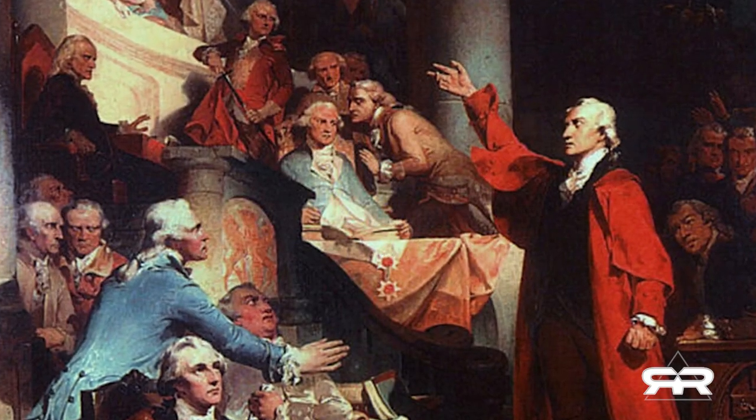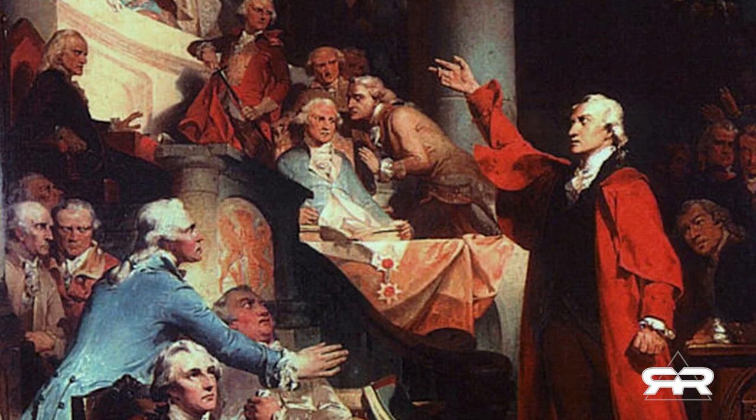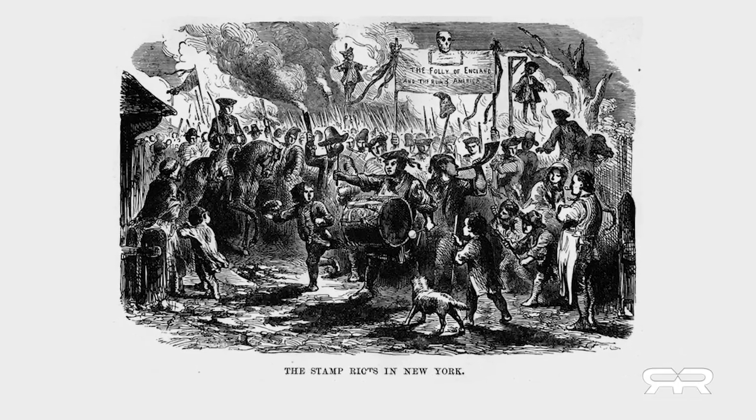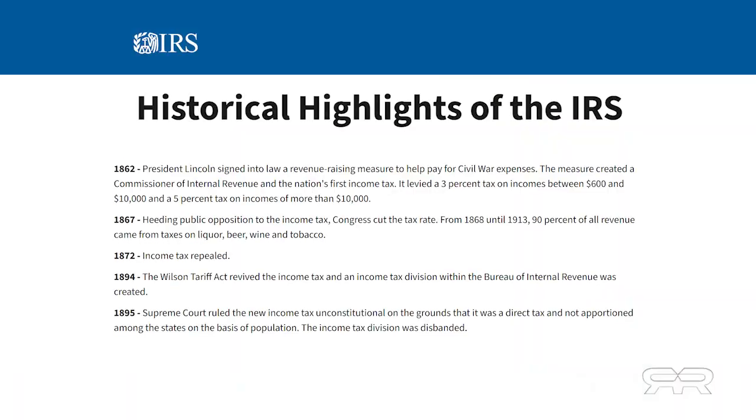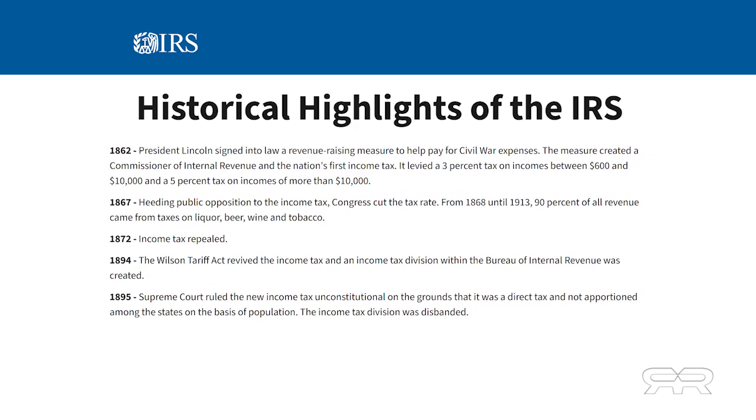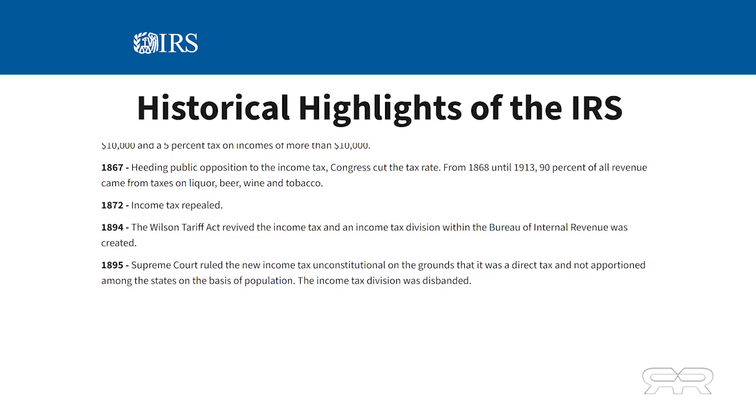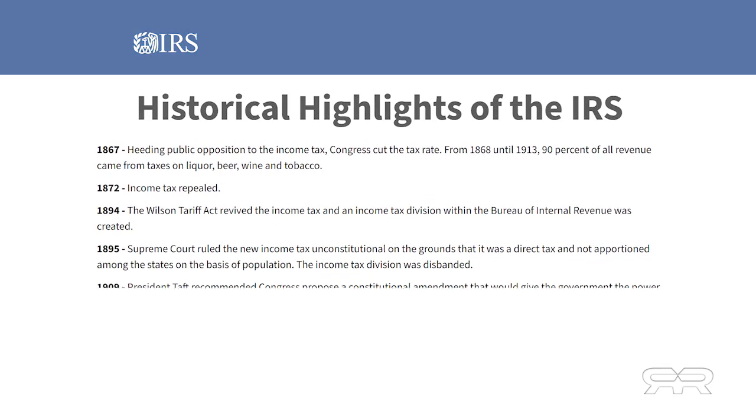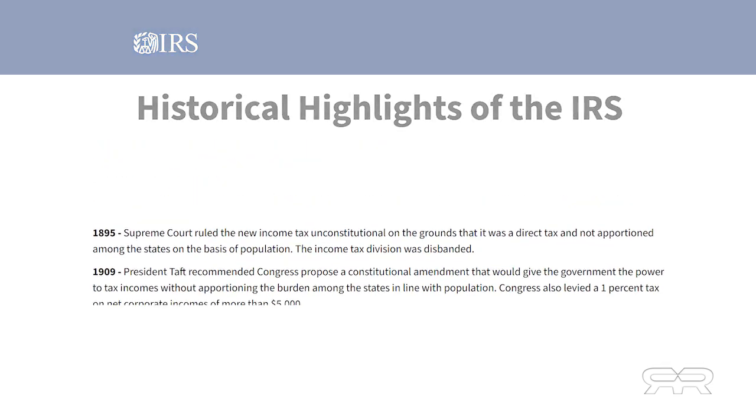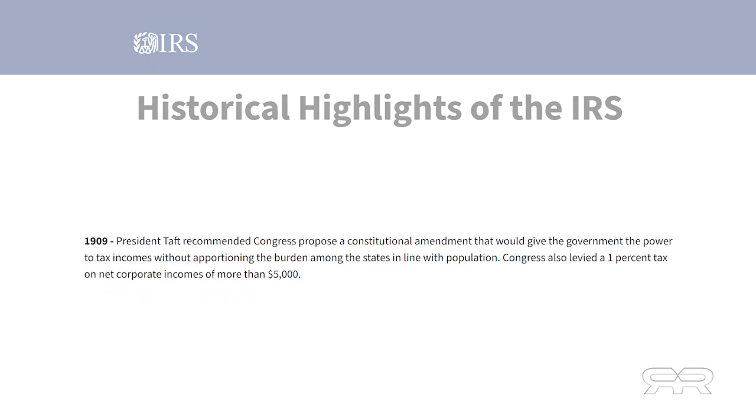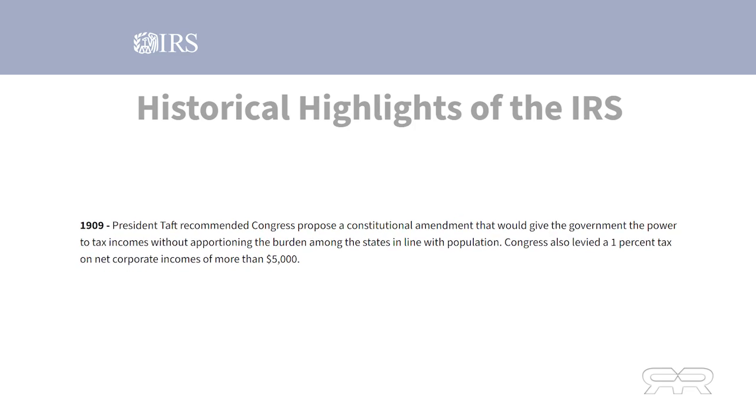According to the story, the American Revolution wasn't about the size of the tax. It was about the right of Britain to impose taxes on the colonists without their consent. From 1868 to 1913, 90% of federal tax revenue came from alcohol and tobacco taxes. In 1909, President Taft recommended that Congress propose a constitutional amendment to give the government power to tax incomes without